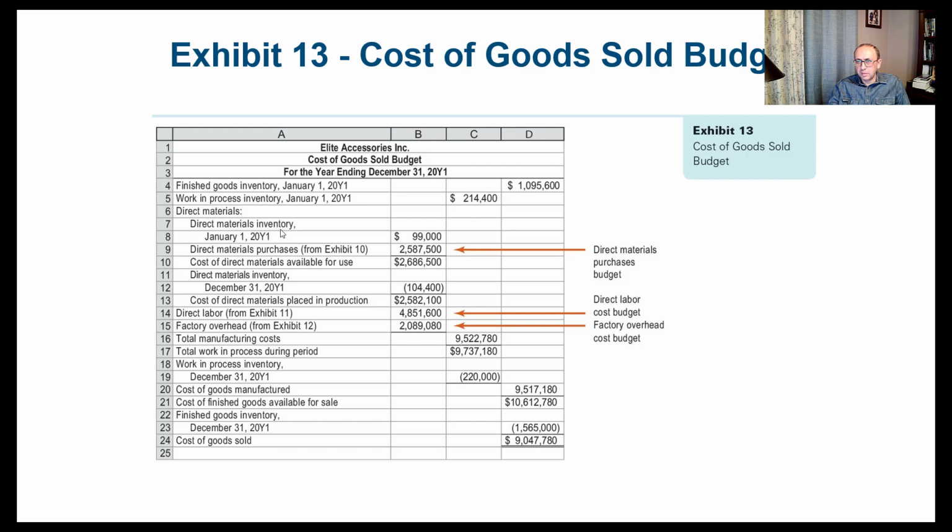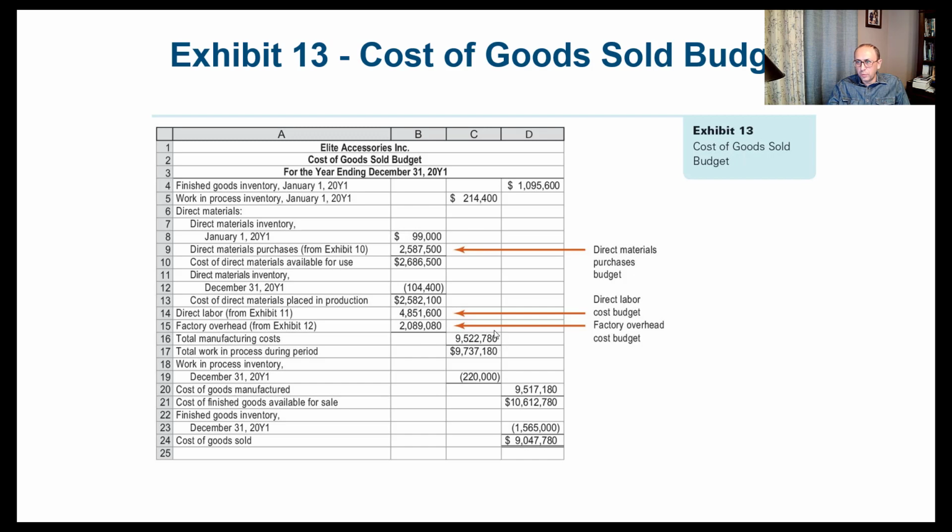So the direct material inventory for the beginning of the year was 99,000. The direct material purchased from Exhibit 11, or Table 11, was this value. Adding them together, we get the cost of direct material available for use. Then we get the direct material inventory at the end of the year. This is going to be subtracted from what was available to get the cost of direct material placed in production. So this number here, the 2,582,100, plus the direct labor plus the factory overhead, these three numbers added together would give us the total manufacturing cost, which is